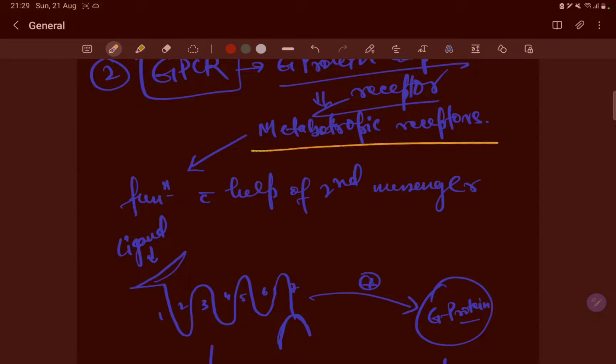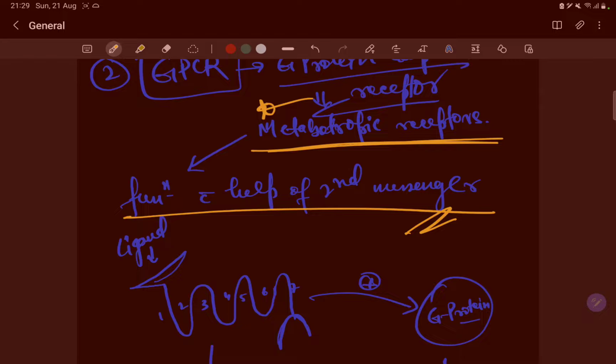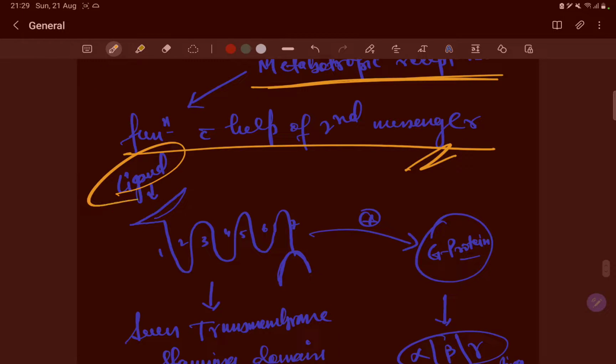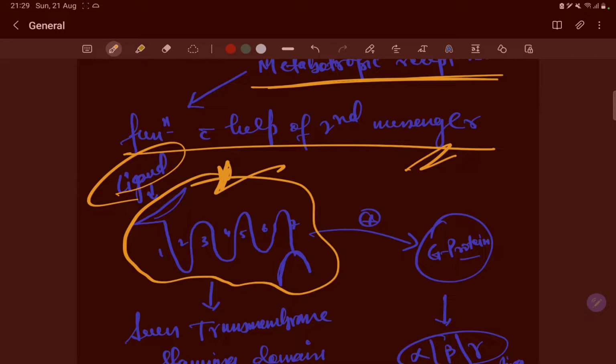metabotropic receptors, right? The function is with the help of a secondary messenger. Now the ligand will act on these serpentine receptors. This is a 7 transmembrane receptor you can see over here, right? And this is the chain. This is basically the membrane, and this is the